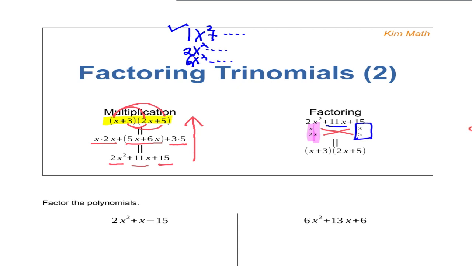Okay? And when you write your answer, this is your first factor, x plus 3. And this is your second factor, 2x plus 5. Is that okay? Now, we will